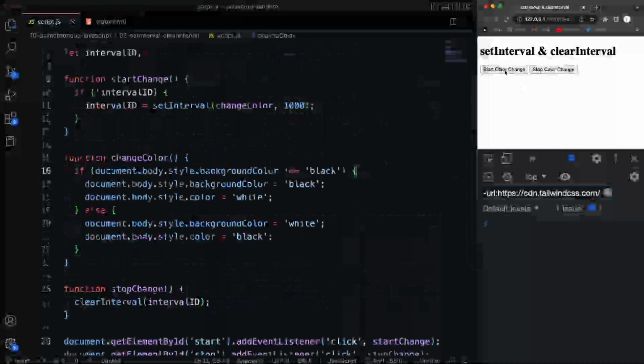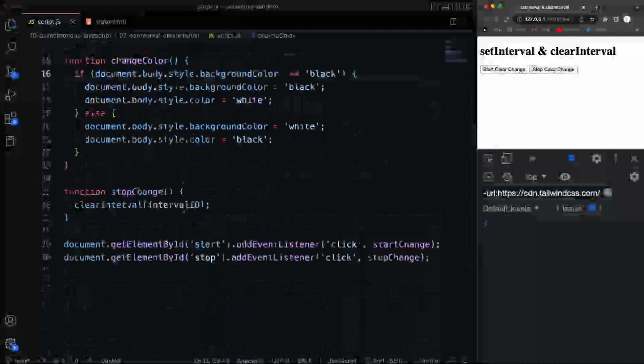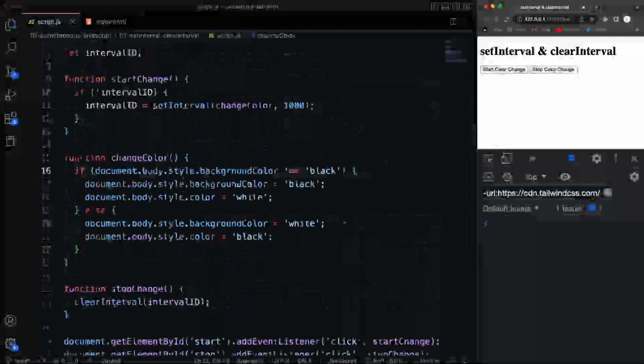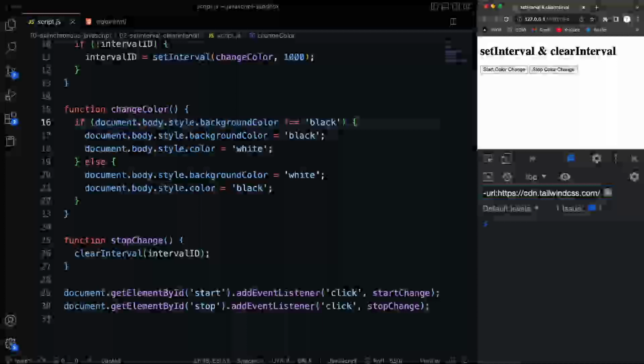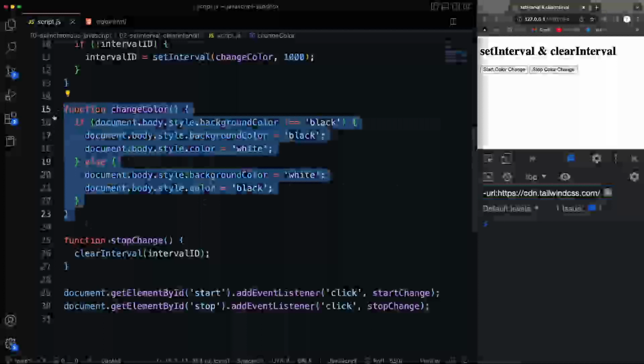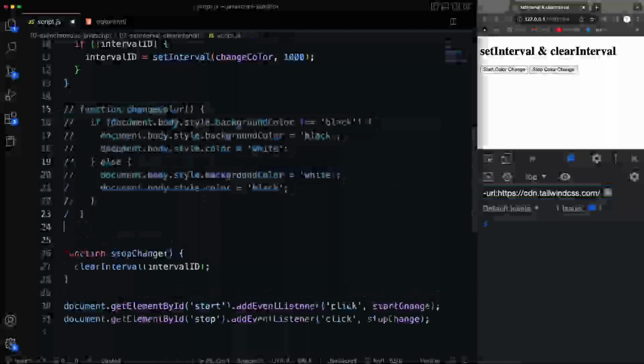Now, if we want it to stop, it's going now. If I wanted to stop, I can just click stop, because that calls clearInterval and puts the ID inside of it. All right, now to make it a little more interesting, I searched for a way to just generate a random color, a random hex color, because obviously with CSS you can use hexadecimal. So I'm going to just grab that real quick, and let's comment this change color out,